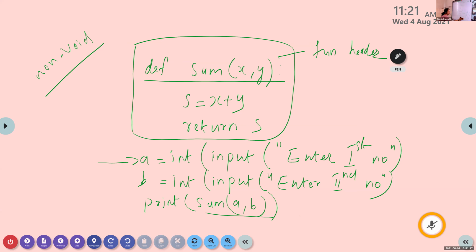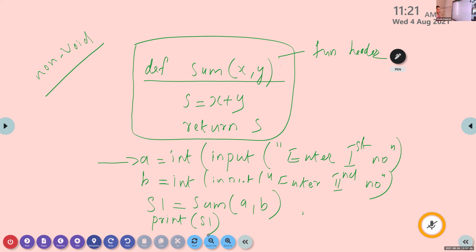Then the second option is I can use another variable name, that is s1 is equal to sum(a, b). After that we can use the print statement, print(s1).